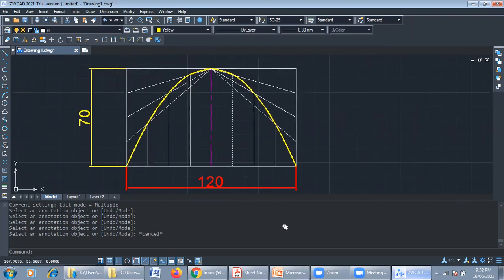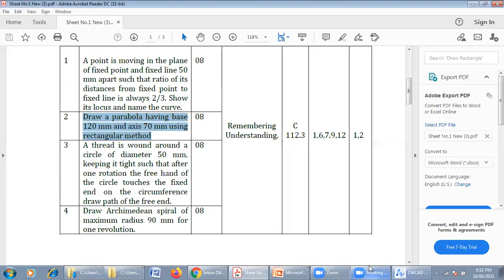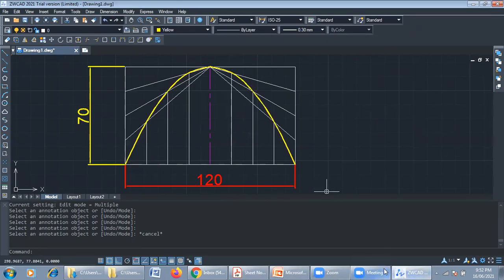This is all about what we learned using various commands. In this we learned some modifying commands like mirror, divide, how to use the center line, and how to use the spline between the different points. So thank you.